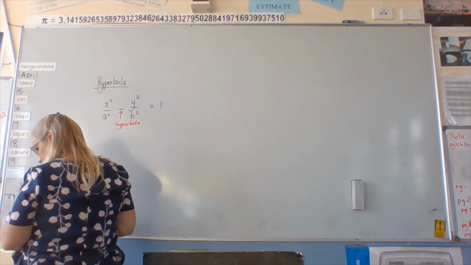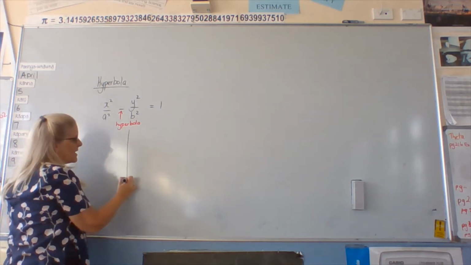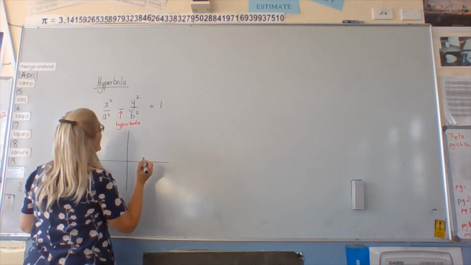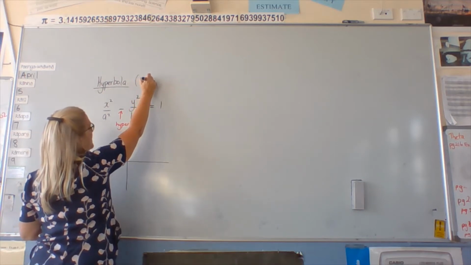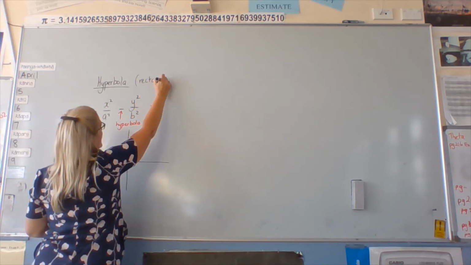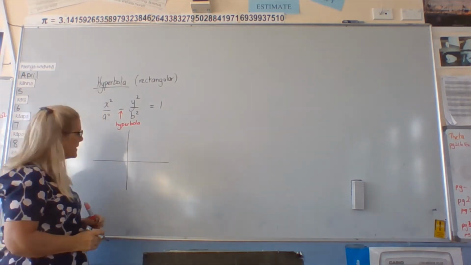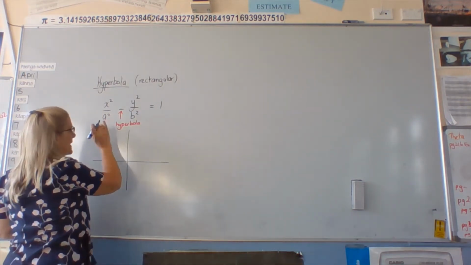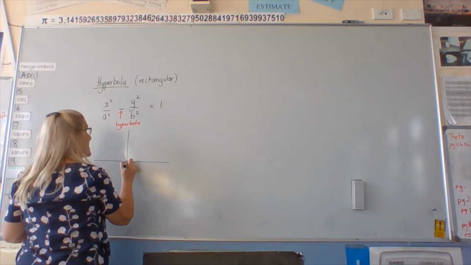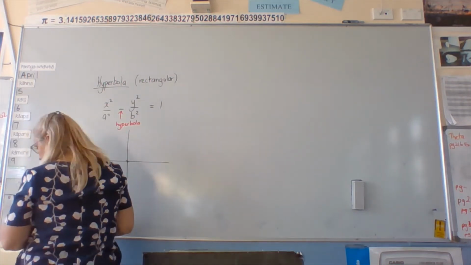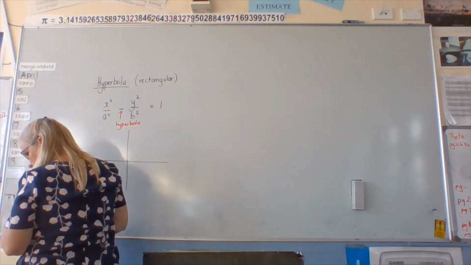Okay, so what does that tell us? It tells us that it's actually called a rectangular hyperbola, and that's because there's a very special rectangle in it. So we've got B's and A's here around our centre. We haven't moved it at all yet. So when we have got B's and A's,